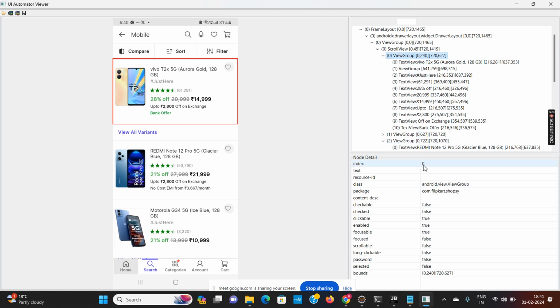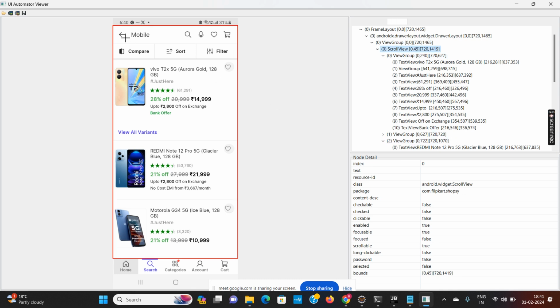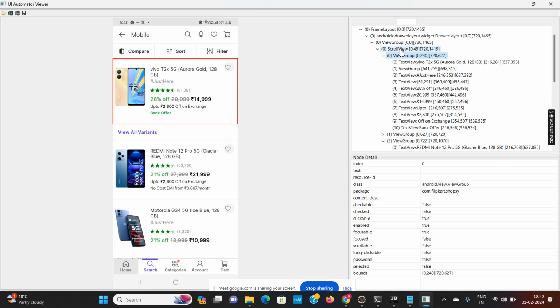Its index is 0, its index is 1, its index is 2. So I will use this class and package name here. And all of this is coming inside the scroll view. But in this scroll view, I want only the view groups, all the view groups, and then the text view.